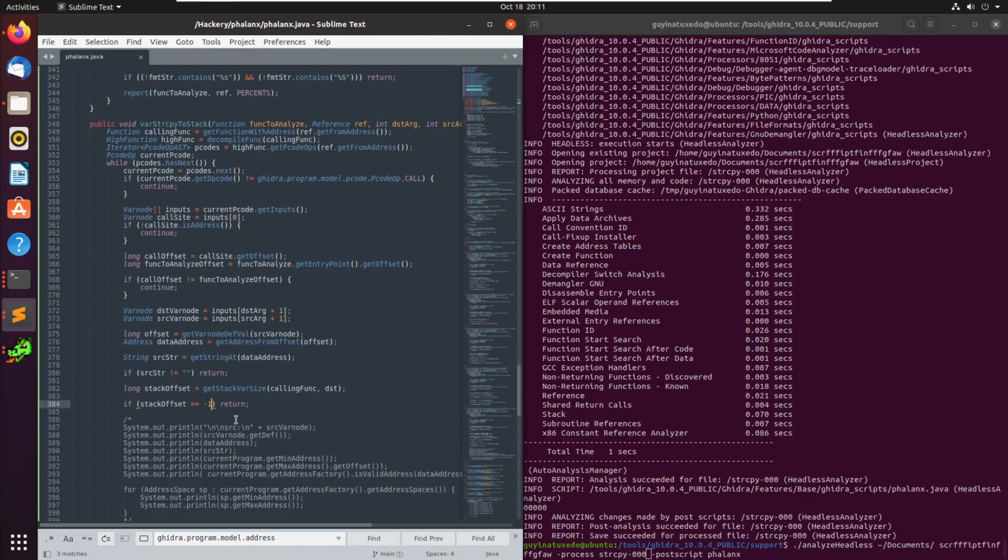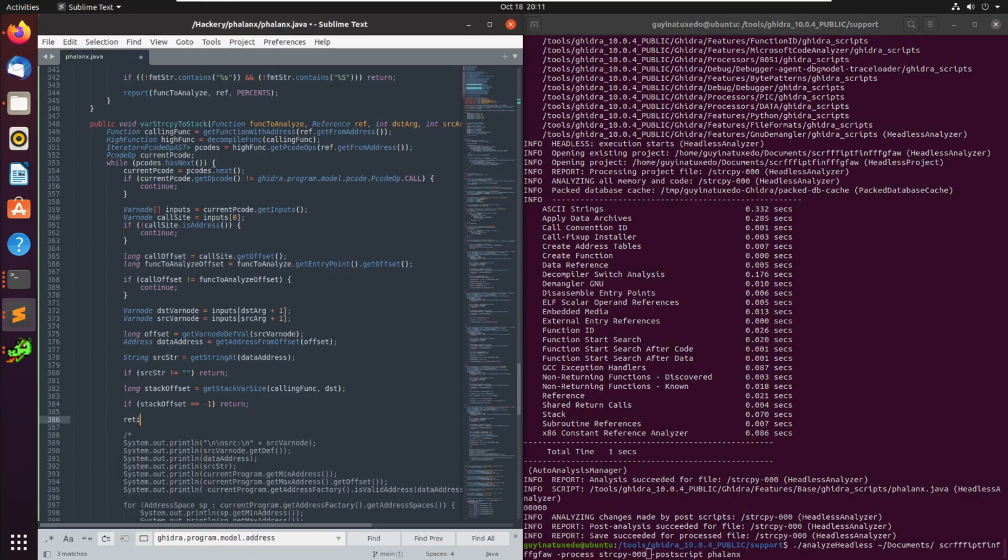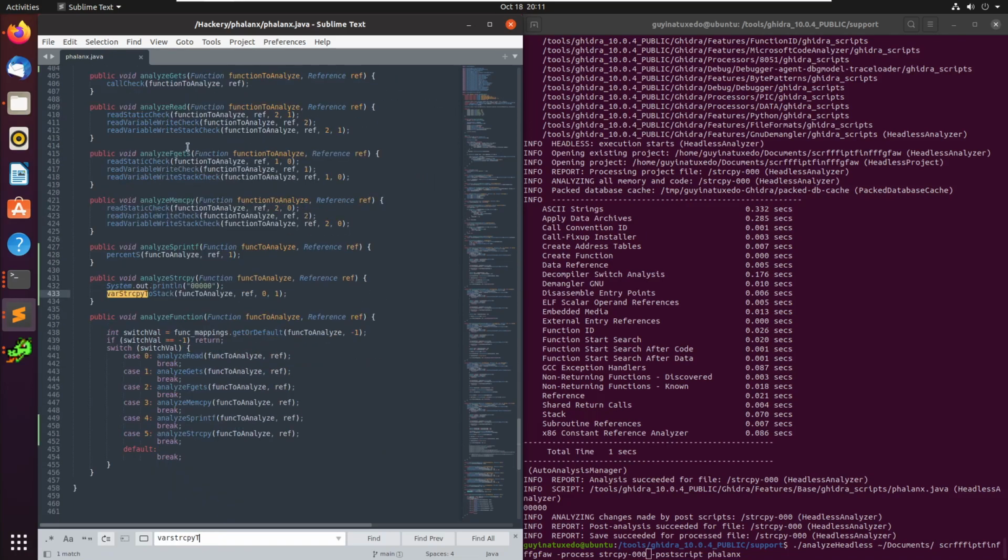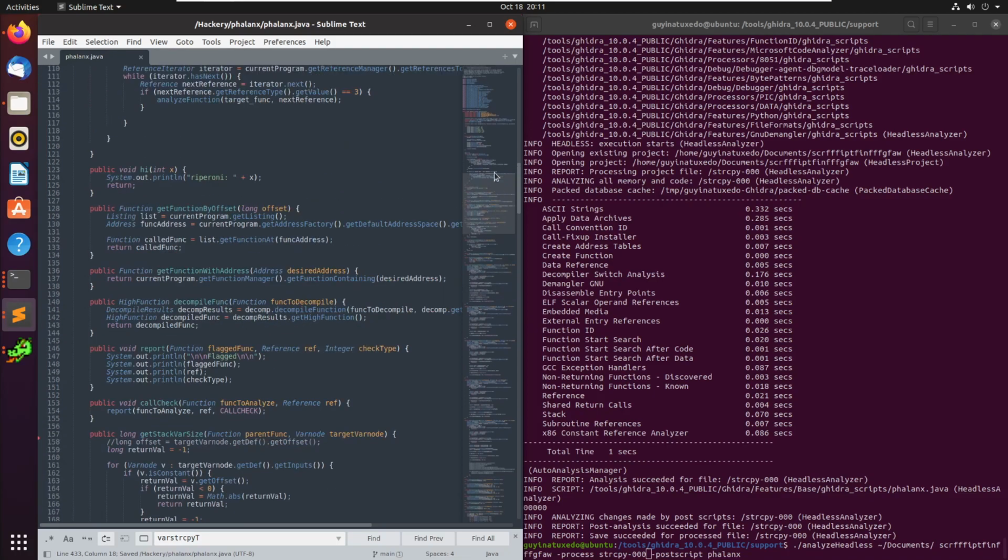This checks and verifies that the destination is a stack buffer, and if that happens, we can do the report function to analyze the reference in the enum var strcpy stack. I'm going to have to change the other call I did. So let's go ahead and change this, and add the enum,